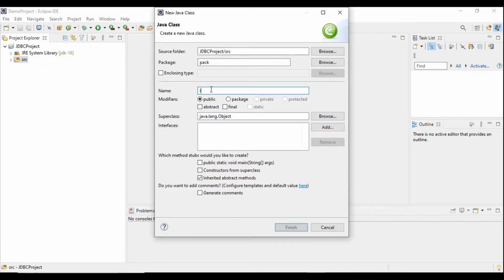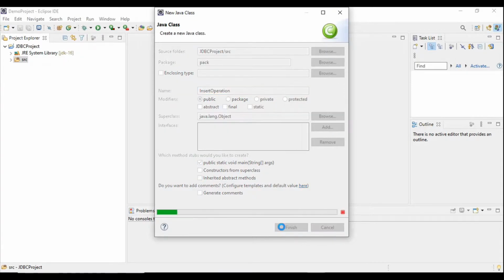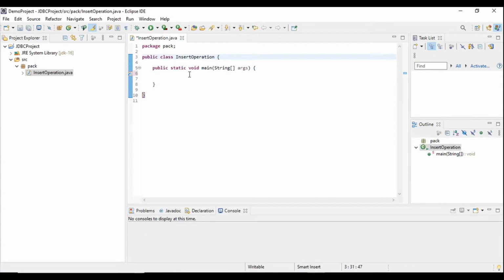Let's say InsertOperation. So this is the class and I am going to create a JDBC program for insert operation. In my last video, we have seen what are the steps to write the JDBC program.